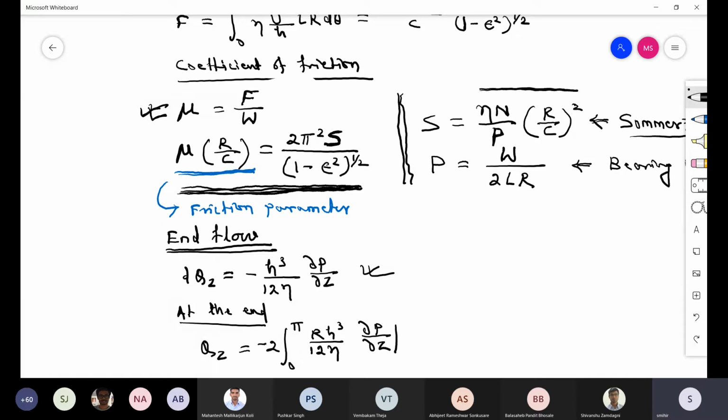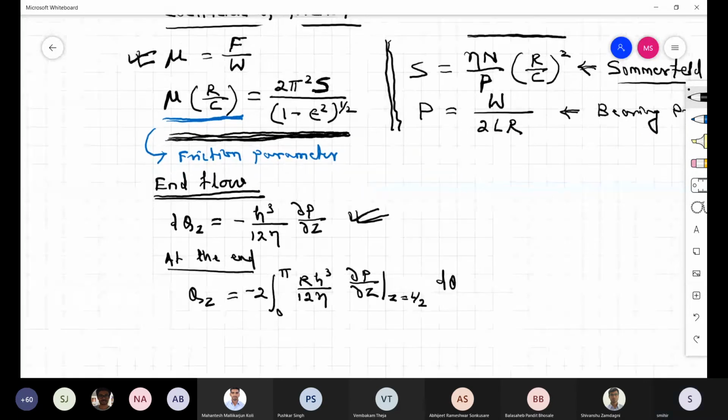You have to take, this is for flow at any Z, but you are interested to find end flow. So therefore, this del P upon del Z, the pressure gradient, you have to take at the end, that is Z equal to L by 2, at the end of the bearing, d theta. Okay, this is the integration for finding out the end flow. So if you do that, then you'll get